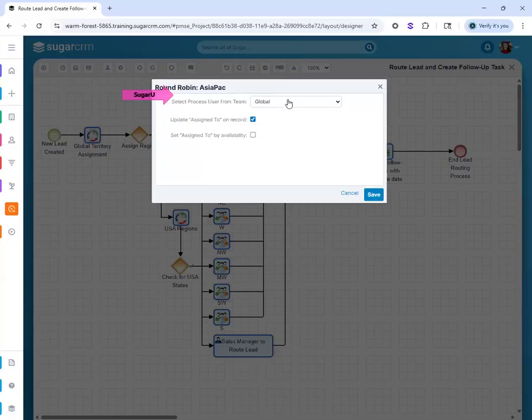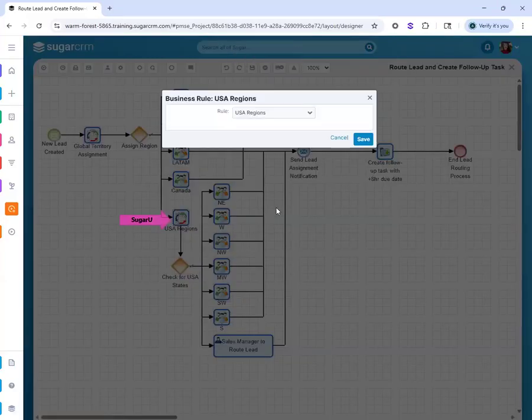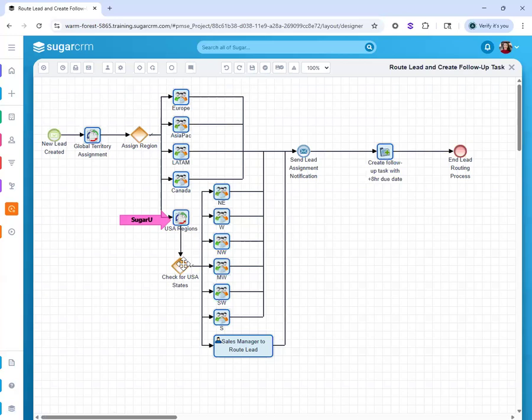Right? That's how the admin would set these up. That makes sense? Then if it's the US, it's going to go down to this one, which is another business rule, right? And this business rule is the one for the US, okay? And then if the state falls into one of these categories, then it's going to round robin to that particular